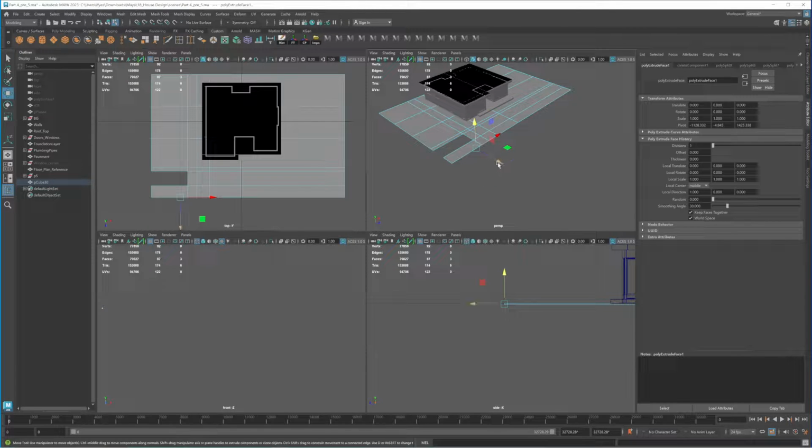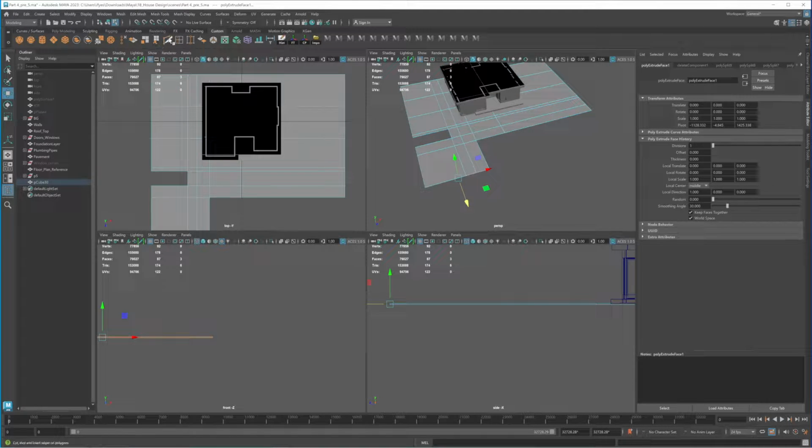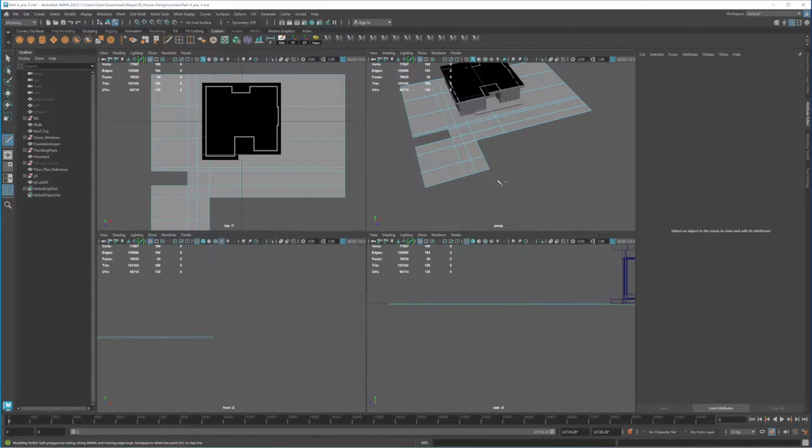Then I'd like to just bring it out something like this, and bring it a little bit more, and I can add another something like that.